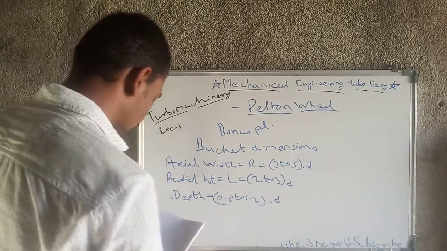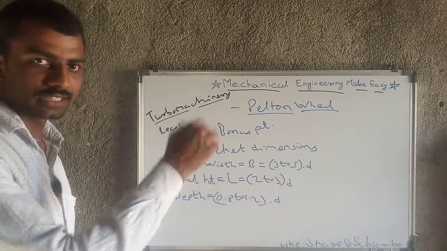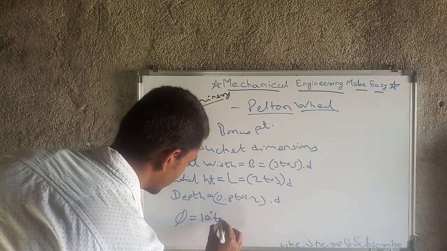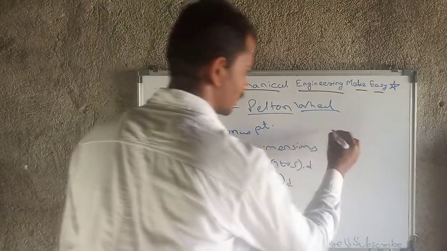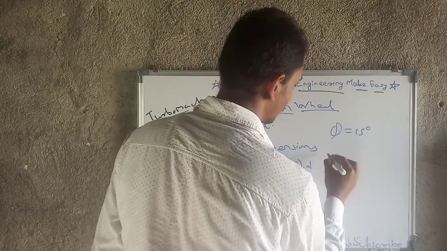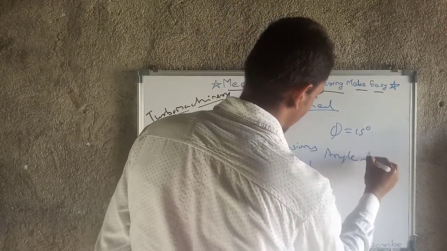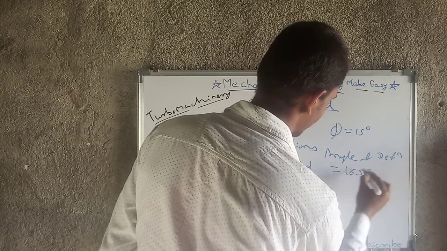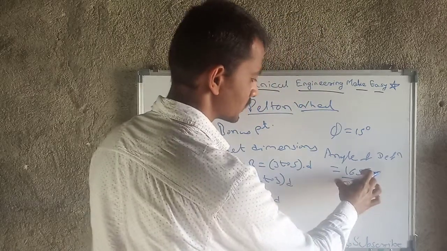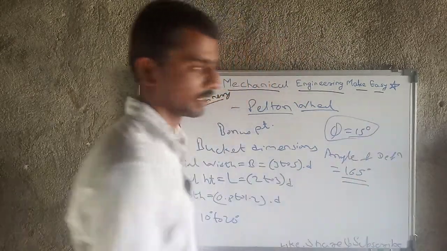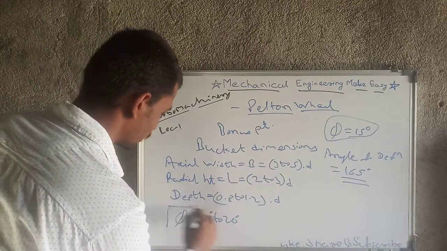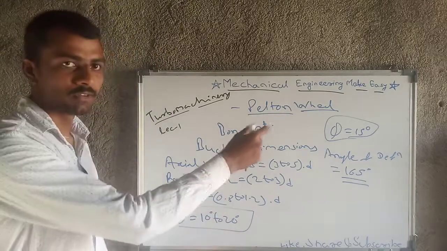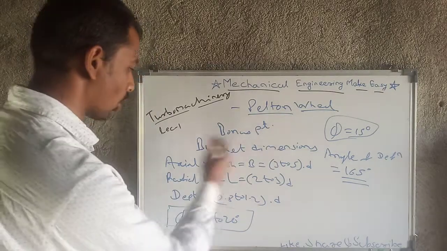And the bucket exit angle, what was that? That phi, that is nearly between 10 degree to 20 degree, and that's why generally we take phi as 15 degree, and that's why angle of deflection is equal to 165 degree if not specified. If this is 165 degree, then ultimately phi is 15 degree. And why phi is 15 degree? Because if we don't know the value of phi, then phi lies between 10 to 20 degree, so we are assuming phi as 15 degree. Okay, these are all the bucket dimensions.